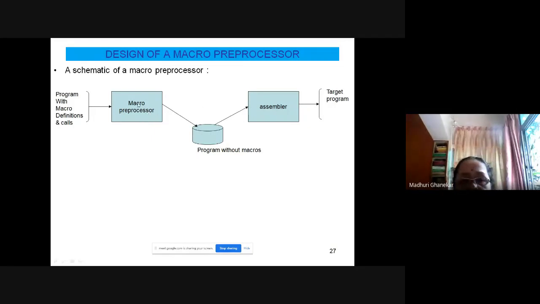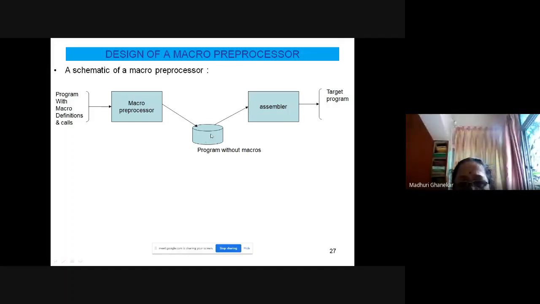So this is the macro preprocessor. Its input is the assembly language program with macros and the calls. It will eliminate all the macro calls and produce a simple assembly program. All those calls are there in the expanded version in the assembly program.